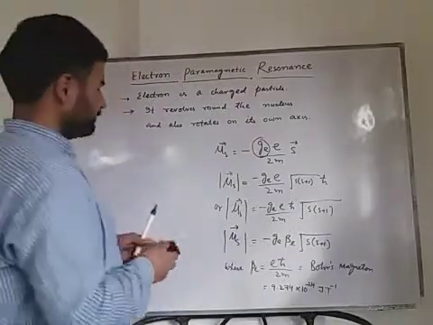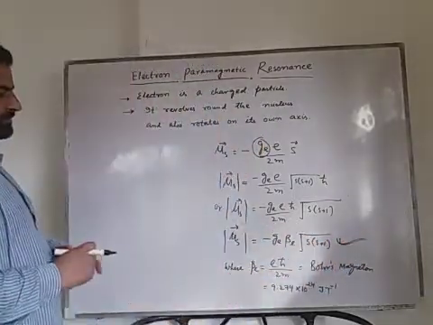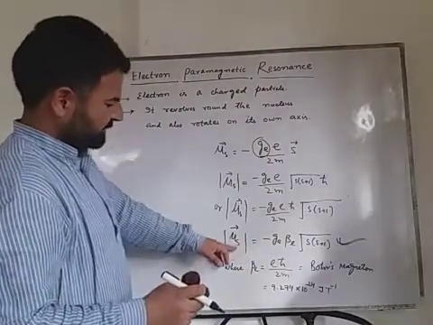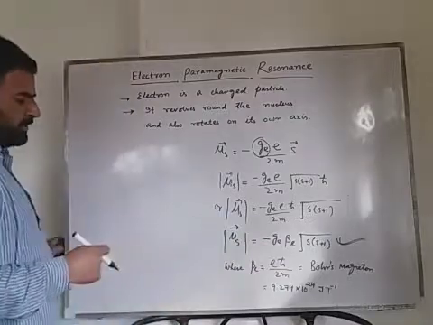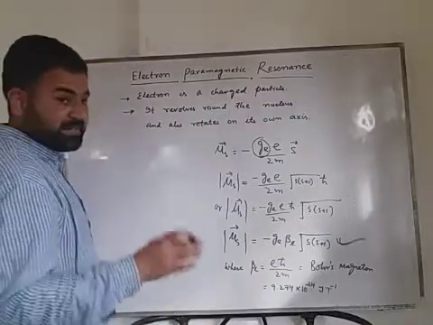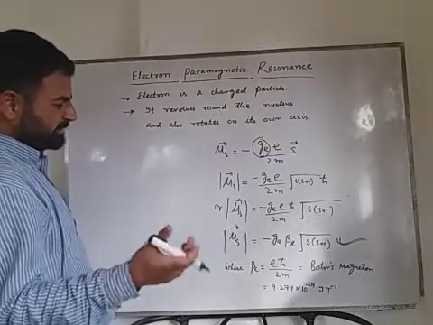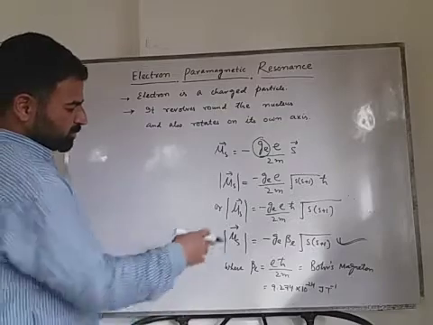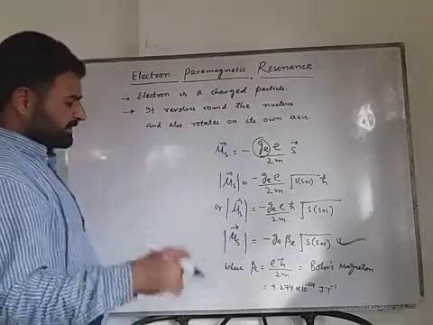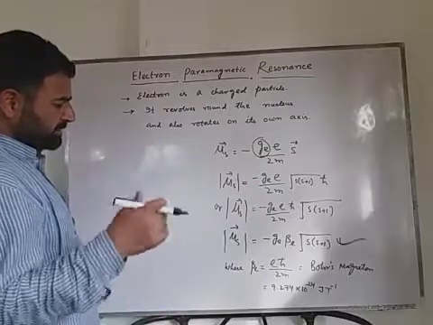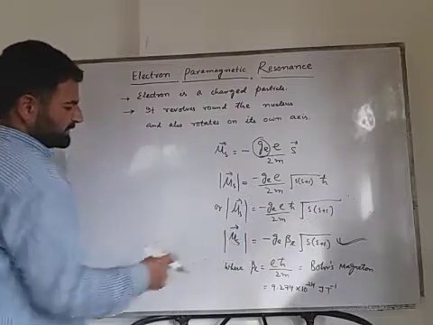Okay, fine. And now this equation is the spin magnetic moment, total spin magnetic moment. But if we want to take the spin magnetic moment in one direction, because it is almost impossible to calculate the spin magnetic moment in all the directions, we will take one direction. Usually we take the z direction. We are actually calculating the things in one component, that is the z component. So we will also write this in z component.